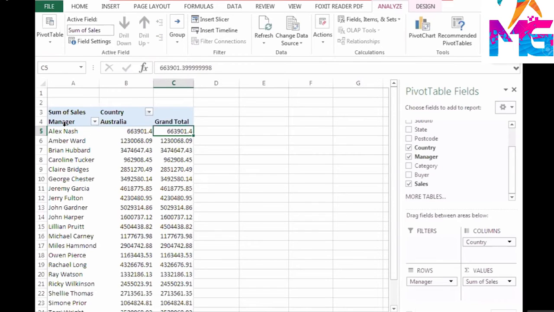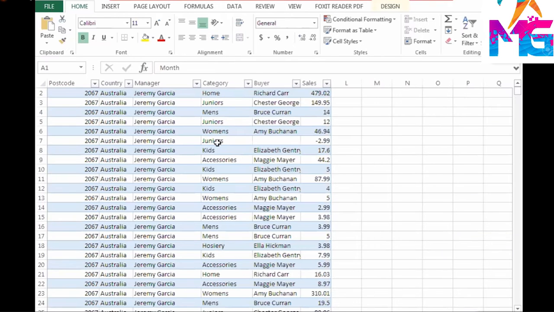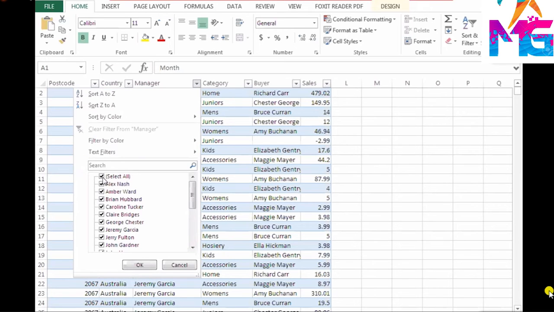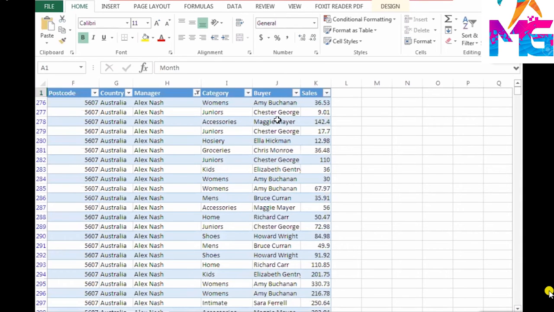If you see the database and try to search for Alex Nash, who is my manager, Alex Nash, and his sales, this is the sales for the country. This is the sales for Alex Nash. So a lot of data.